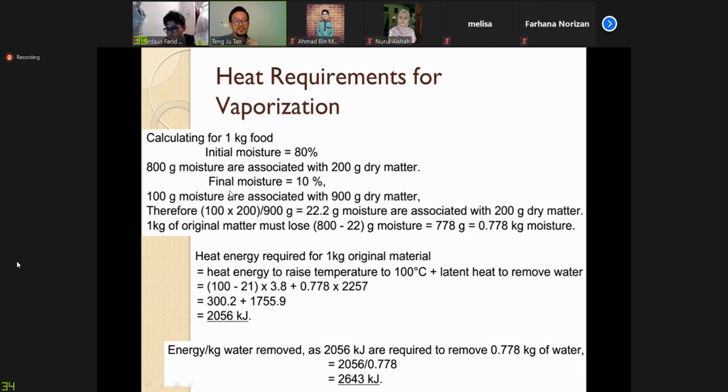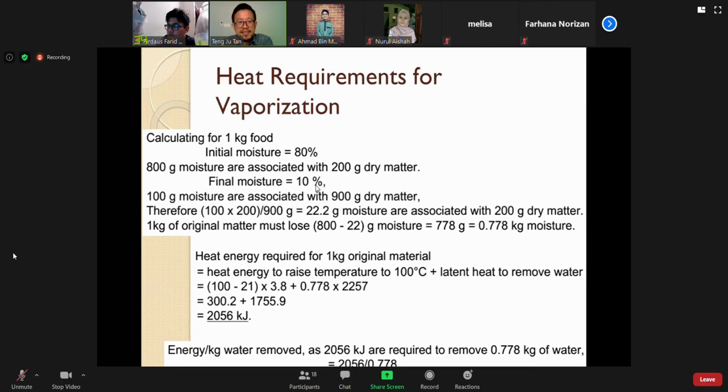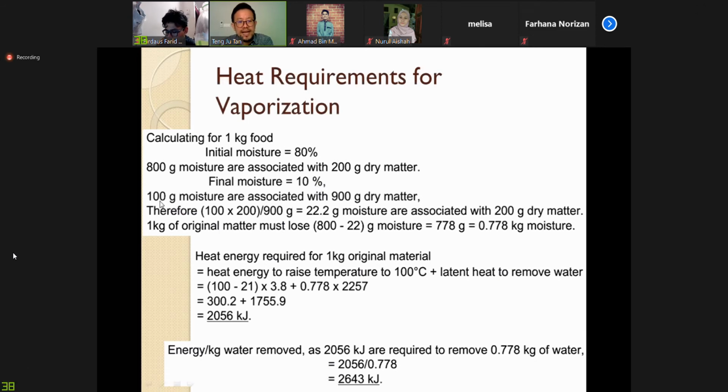So for the final moisture, you want to dry it until 10%. It means 100 grams of moisture are associated with 900 grams of dry matter. So when you dry 1 kg of food until final moisture is 10%,